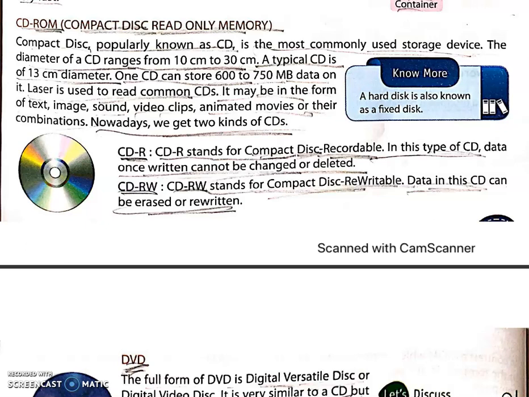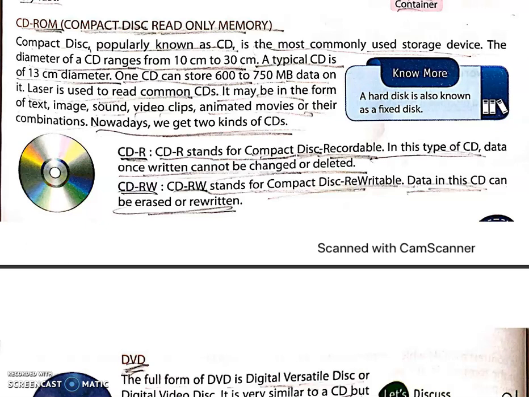Now let me tell you a fun fact. When you write the data on the CD, it is called burning a CD. So I will burn the CD. That doesn't mean you put actual fire to a CD. It is called burning a CD. This is the proper technical term because data is written on CD with laser. The laser will rotate around the CD and burn the data into this. So that's why it is called burning.